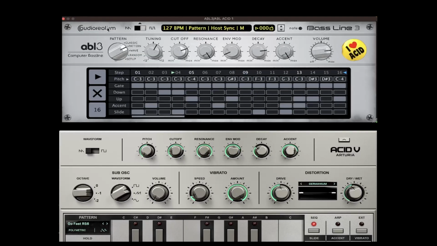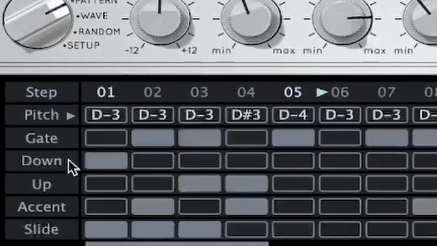How's it going, everyone? In today's video we're diving into one of the most iconic sounds in electronic music, the 303 acid bassline. Instead of focusing on specific hardware or the acid house genre as a whole, I thought I'd make this tutorial a complete guide on how to achieve the acid sound using any setup. In this one we'll be covering my go-to acid plugins and stock device alternatives, how to write acid bass patterns